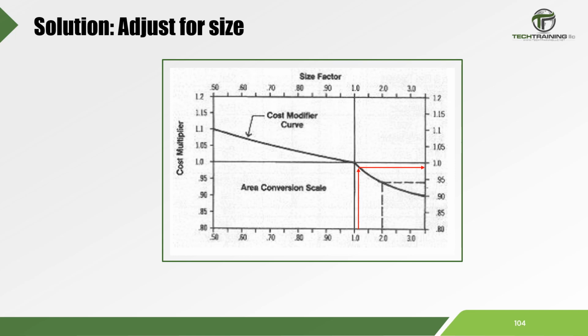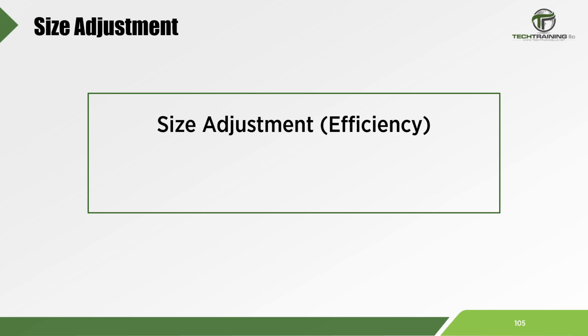This is the cost modifier chart. We enter with the size factor 1.15, which is on the x-axis. Follow the red arrow going vertically up. After we hit the cost modifier curve, we project that value on the y-axis to obtain a cost modifier that is approximately 0.98. Now, to get our new price, we simply multiply our